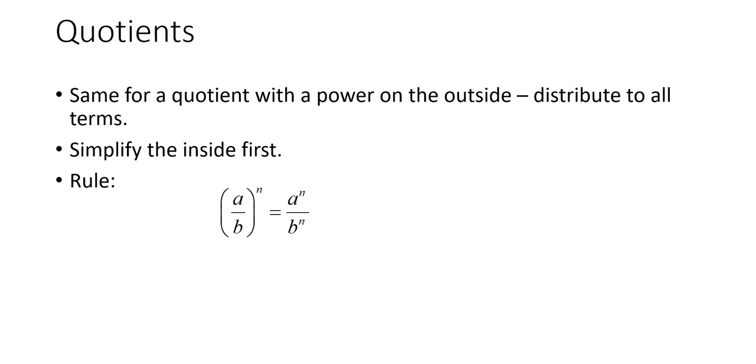So for example, if you had something that could be considered a little bit messy, like a 6x squared y over 2x cubed y, and you were going to raise this whole thing to the 3rd power, rather than raising every term on the top and every term on the bottom to the 3rd power and then simplifying, I would simplify the inside first. So when I simplify this inside part first,